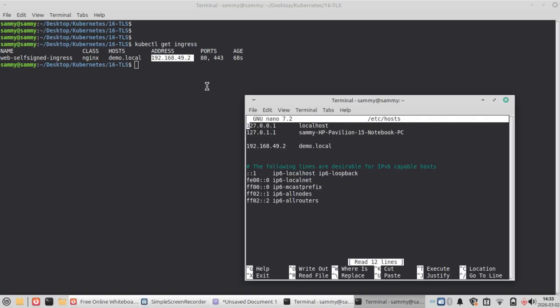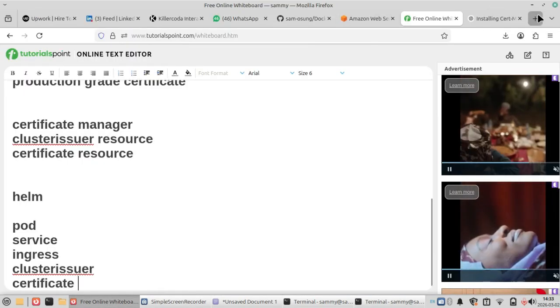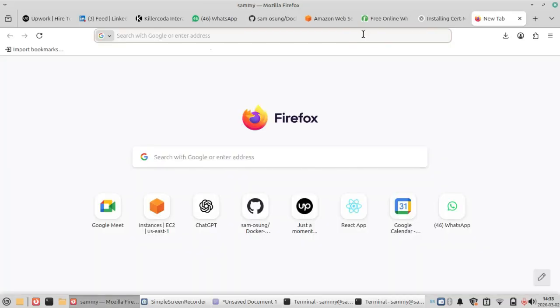So map that domain, demo.local, to the ingress IP address. That means when you try to access demo.local, it is going to be resolved to this IP here. All right, so if we go to the website